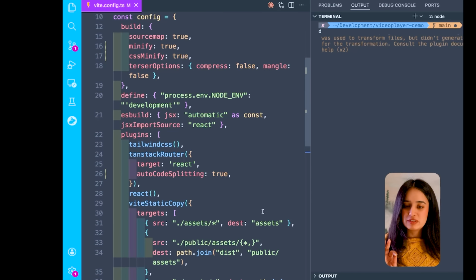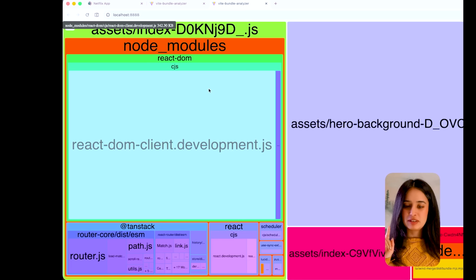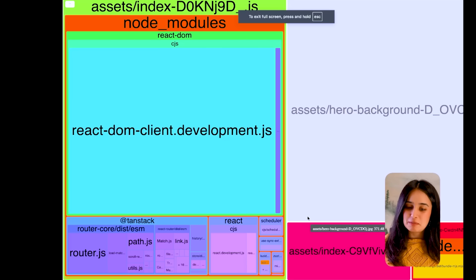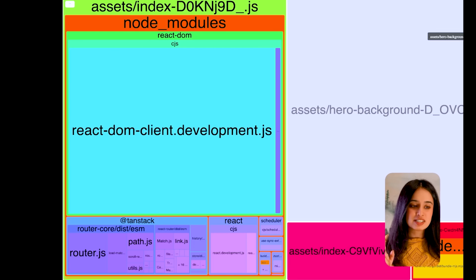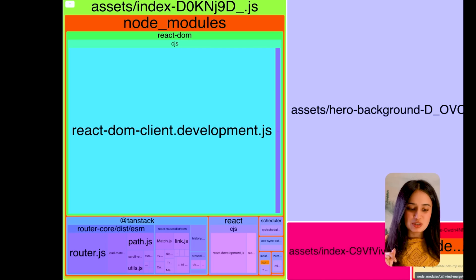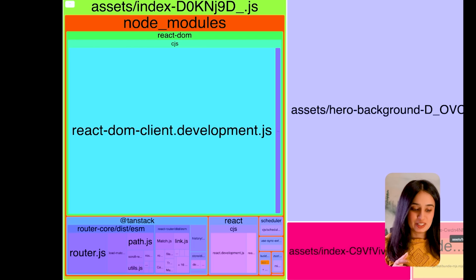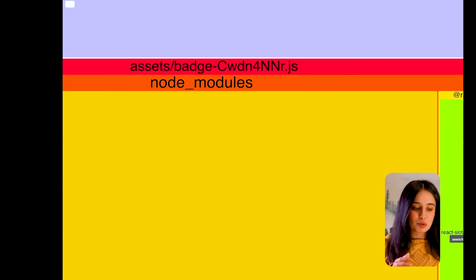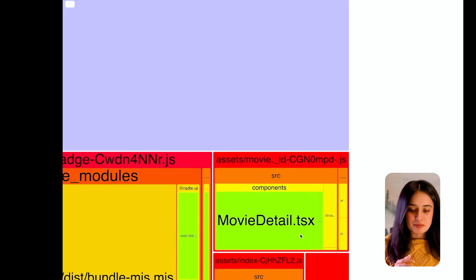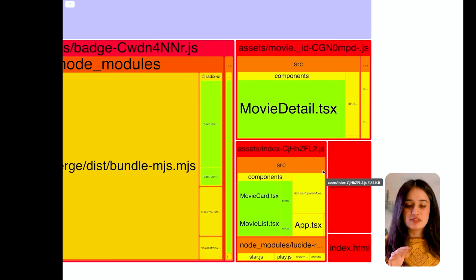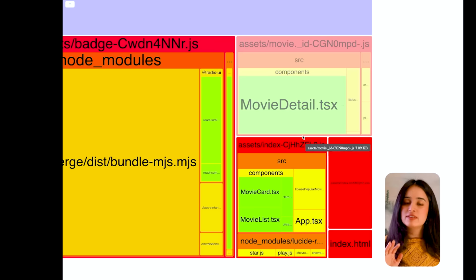So far, all we've done is turn code splitting on and minification on. Now, if you take a look at your bundle, you'll notice that the little sliver is gone because it has been code split in here. So your CSS files have been split, so you can see which CSS files are taking longer, but the actual source files are also split. Is right here. Now, if you look at this,